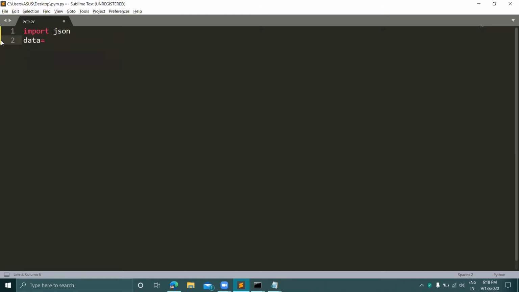So data is the name. Suppose the name is Pankaj, the age is 26. Now take the education. The education is a pass out BTech. Okay guys,